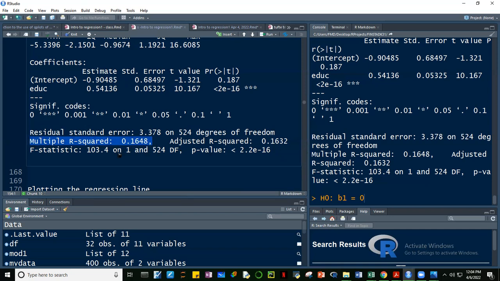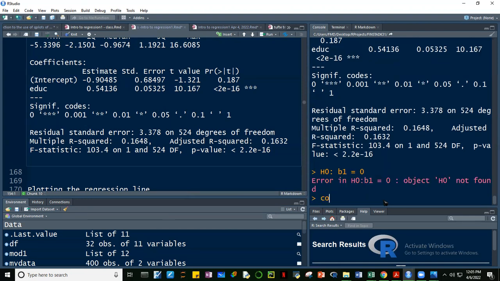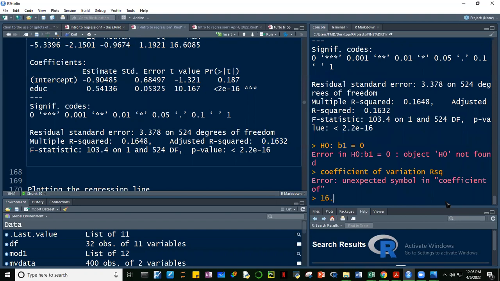The R squared guys, or the coefficient of variation, that's the coefficient of variation yan, or R squared. Okay, may multiple R squared, may adjusted R squared. Ang mas gagamitin natin guys, adjusted R squared. 16.32%. What does that mean? It means guys that the 16.32%